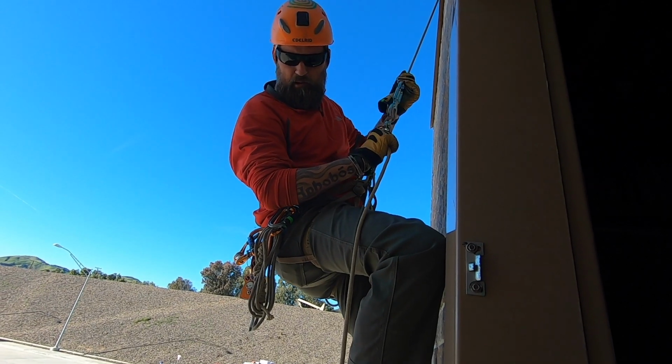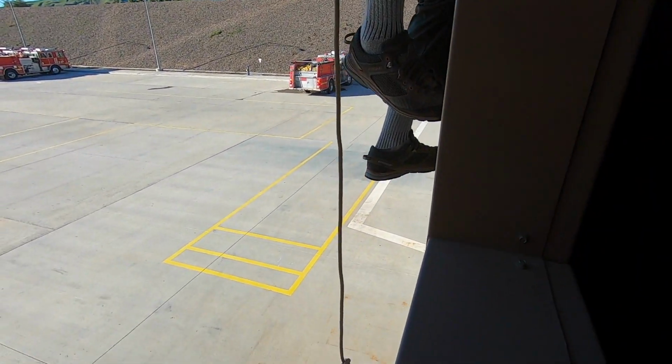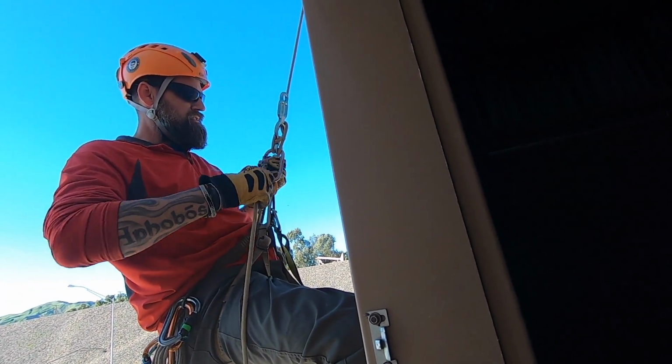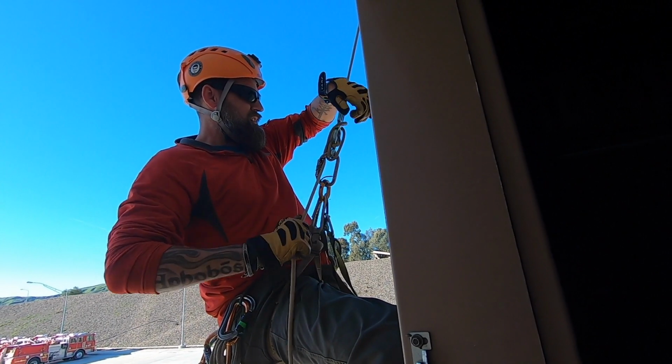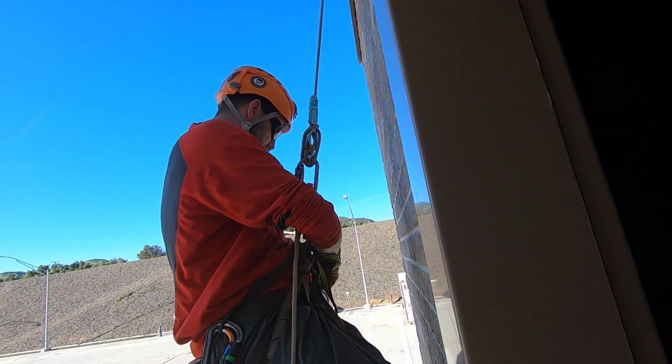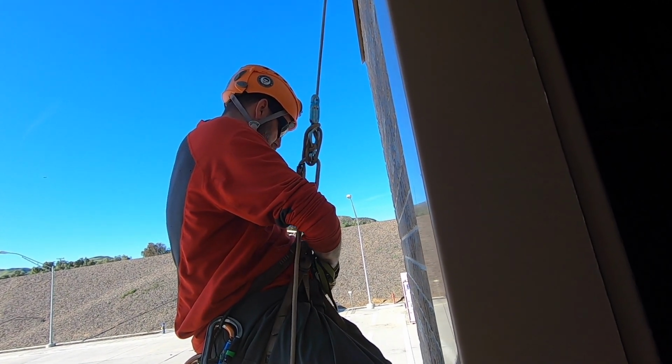As we come up, we identify where the knot is as early as you can. Go ahead and tie yourself off on that device. Hopefully you're looking down where you're rappelling. Once you're tied off to that device, you can either use a sling. In this case, we are using an Edelrid Y,